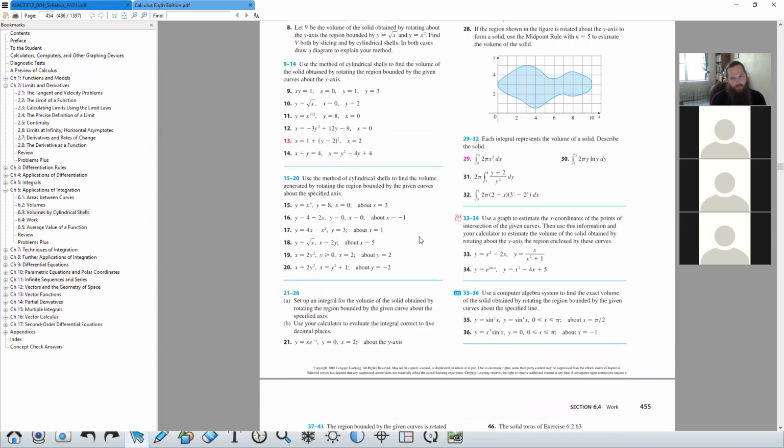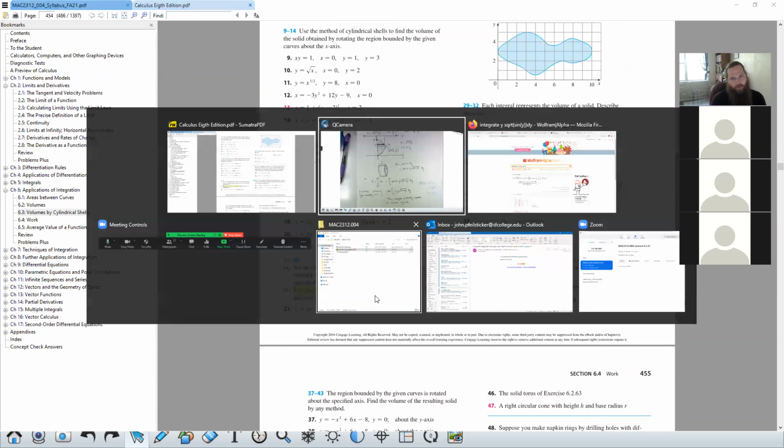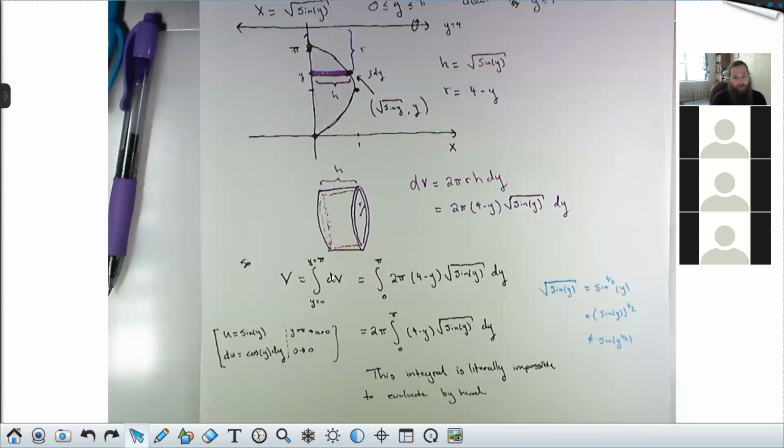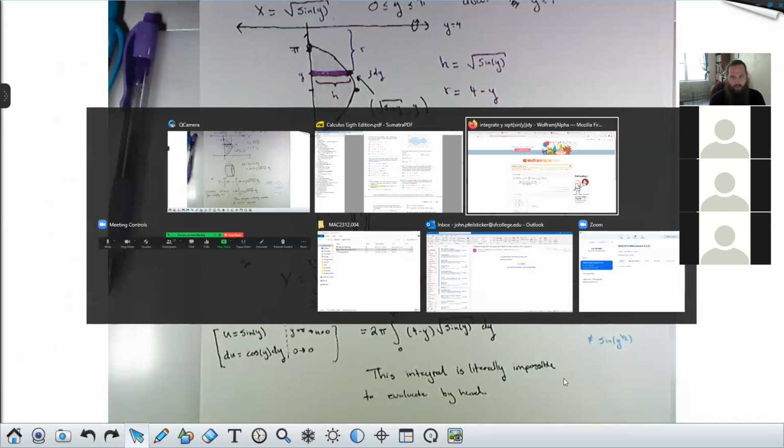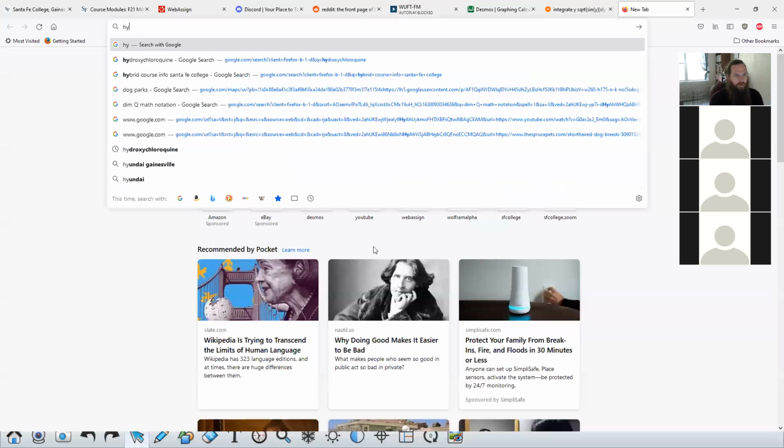All right, the textbook here tells us to use some sort of computer algebra system or calculator to evaluate the integral. So the setup was fun, and this is correct. But the actual computation of this integral is literally impossible. Not something you can do by hand. You can use a computer, which will use numerical methods. Even a good computer algebra system isn't going to give you a nice exact answer unless you're willing to take that answer in terms of these hypergeometric functions. And just to give you an idea how weird those are,